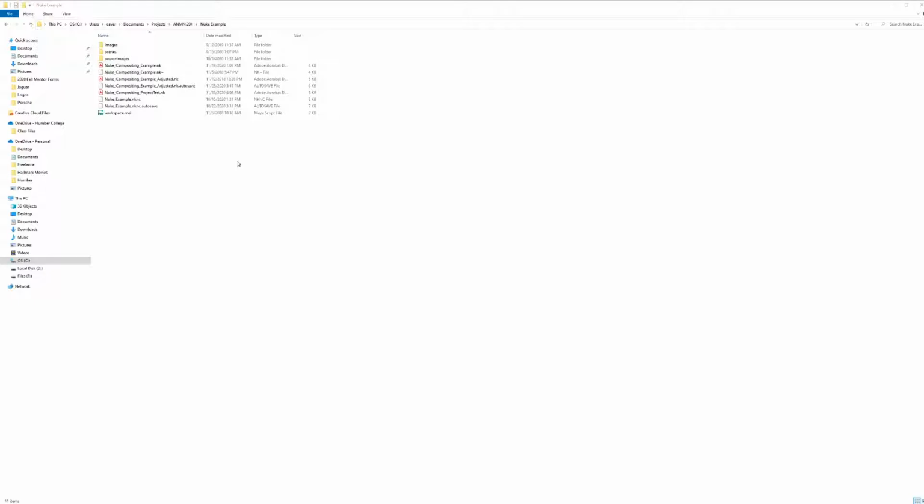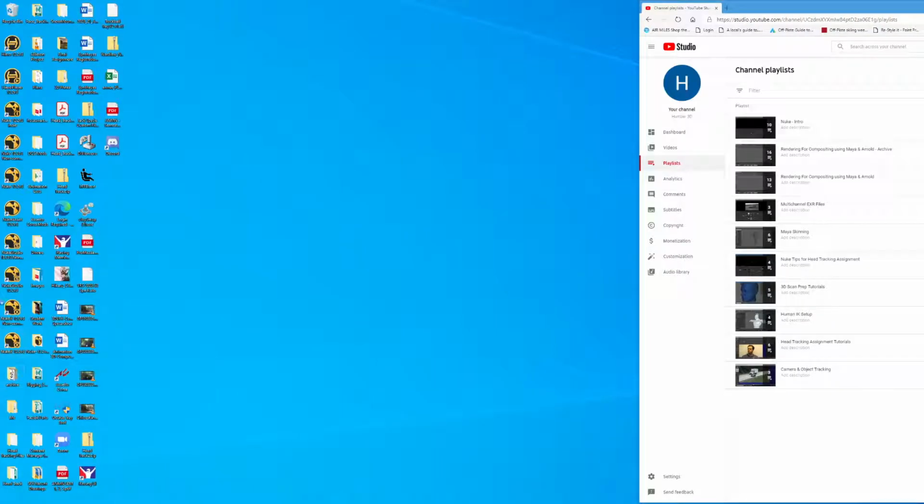So the first thing to consider is structure. We've already talked about that in the last video. I'm not going to go over it again, but before we start the Nuke side, we've got to be confident that the images are in the right place and the Nuke files are in the right place. In this case, I know mine are set up correctly, and there should be no problems in regards to the folder structure. So within Nuke itself, I'm just going to start Nuke up